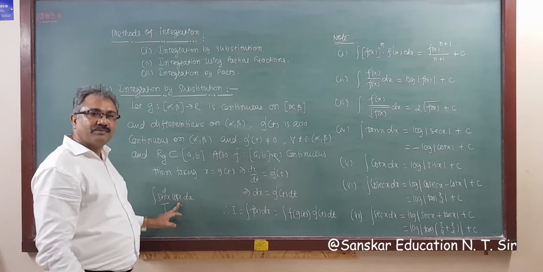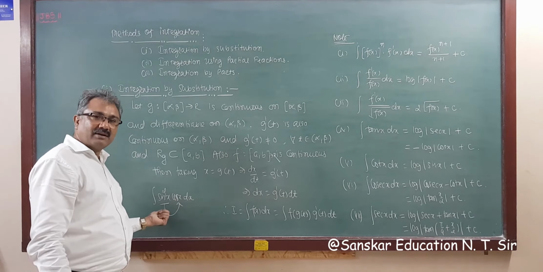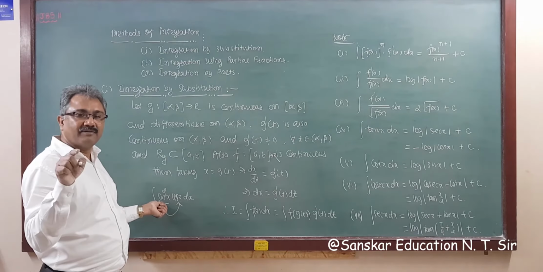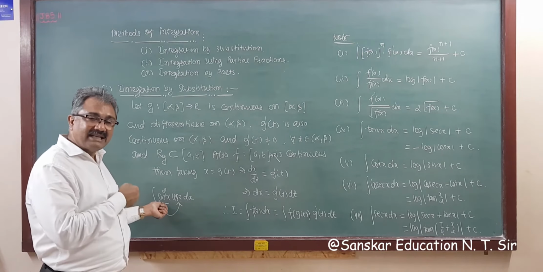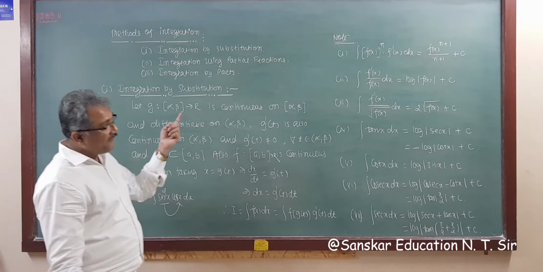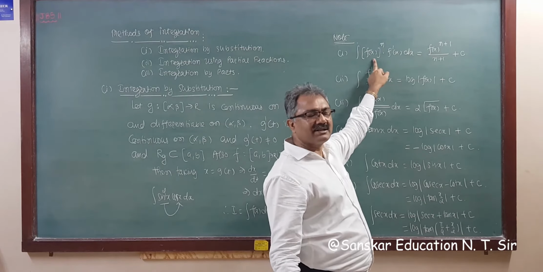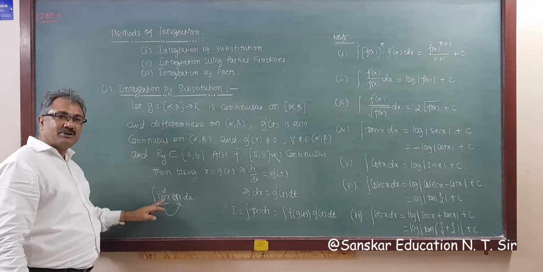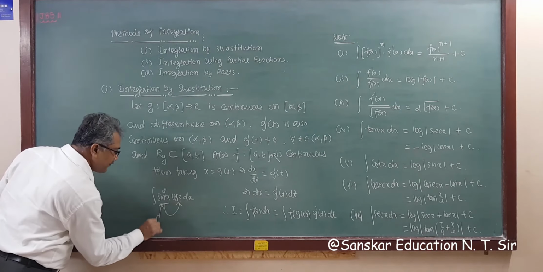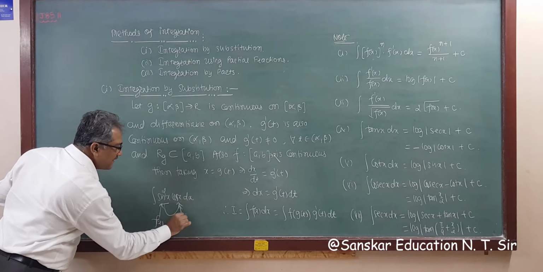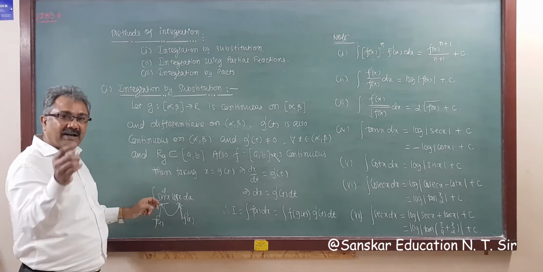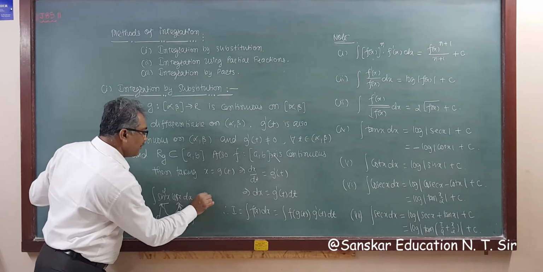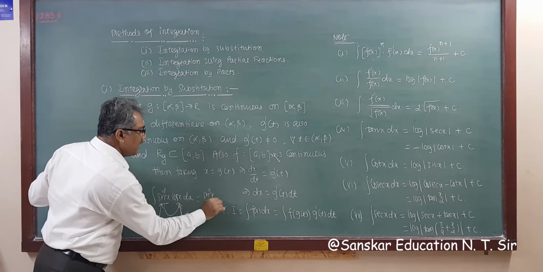Then there is a question for you, सर cos x का डेरिवेटिव भी sin x होता है मगर माइनस होता है, मगर इसको एज्यूम करें तो ये sin स्क्वायर है, हमें sin ही चाहिए, we want only sin, but here is sin square, so we can't assume, right? So f(x) जो है इसका पावर n होना चाहिए, इसका कोई भी पावर हो चलेगा, मगर जो इसका डेरिवेटिव हो वो सिंपल डेरिवेटिव होना चाहिए. So this is f(x) into f dash x, so this is your f(x) and this is f dash x. So what is the answer? One power of f(x) more, that is sin cube x by 3 plus c.